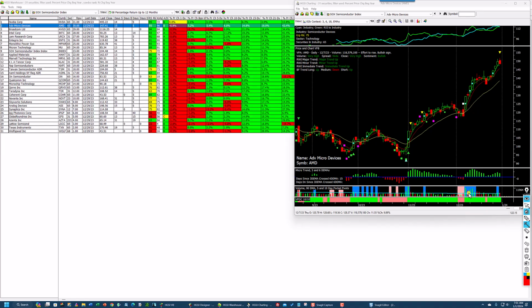That's why this is red here, but it closed up, so this volume, the blue, indicates that the volume on any of these bars is greater than any down volume on a down day, either the prior 5 or 10